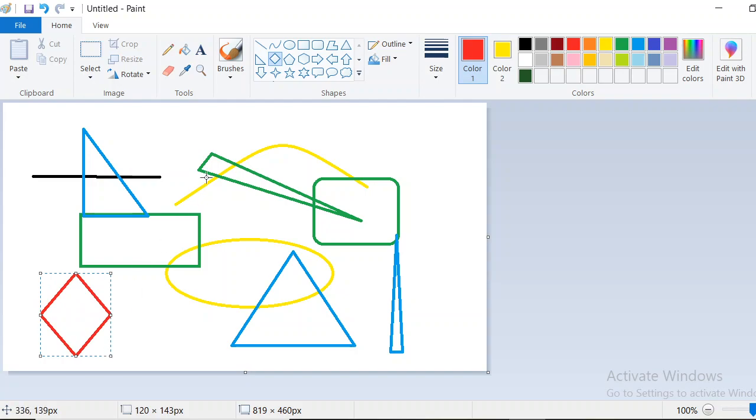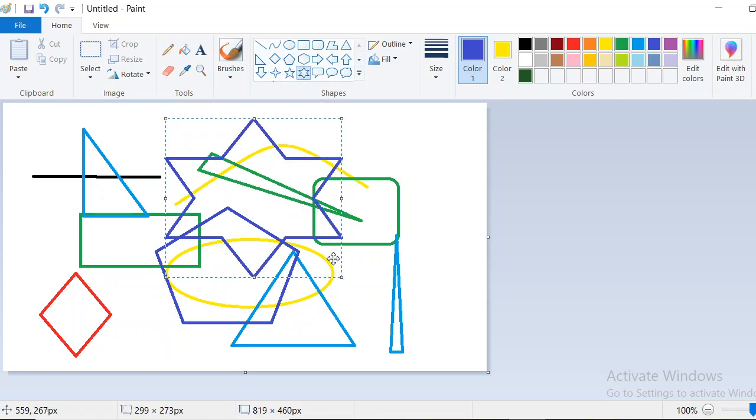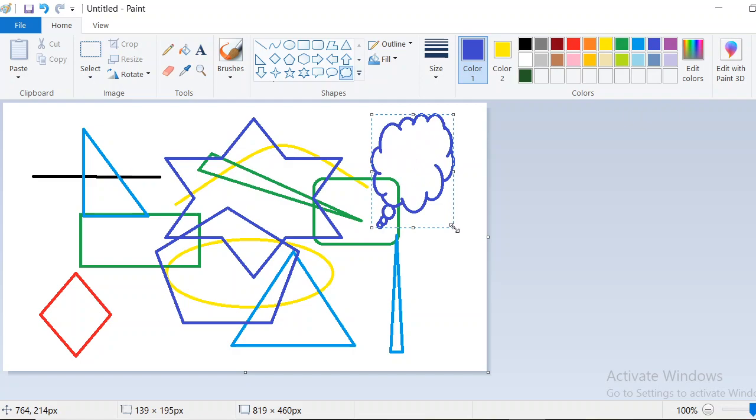So we can click on the shape. After clicking on the shape, we can select a particular color, whichever we need. Then draw the shape. Pentagon, hexagon, etc. Right arrow, left arrow, then 4-point star, 5-point star, 6-point star. Different types of stars are also available there. Next to that, callouts. Different callouts: rounded rectangle callout, then oval callout. Next one, cloud callout. Like that, different callouts are also displayed there. Okay, these are the different shapes.